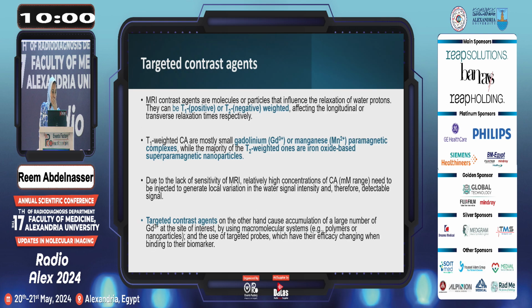The first topic we will talk about is targeted contrast agents. MRI contrast agents are molecules or particles that influence the relaxation of the water protons. They can be either T1 positive or T2 negative weighted, affecting the longitudinal or the transverse relaxation times respectively. T1 weighted contrast agents are either gadolinium or manganese paramagnetic complexes, whereas the majority of the T2 weighted are iron